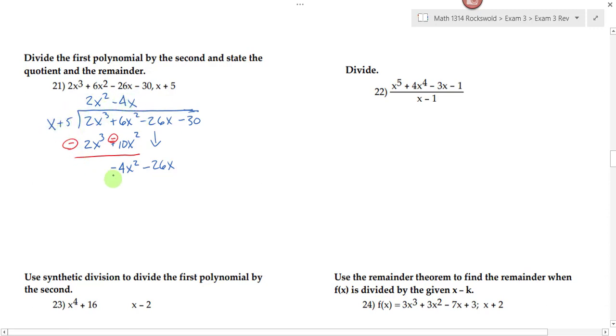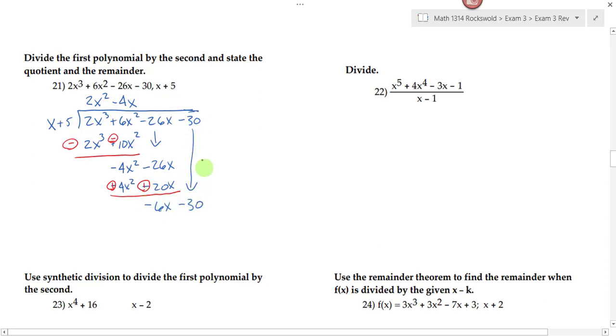So negative 4x times x is negative 4x squared. Negative 4x times 5 is minus 20x. Then I need to subtract. Well, subtracting is just changing your signs and adding. The first terms are going to cancel out, and negative 26x plus 20x is negative 6x, and then bring down